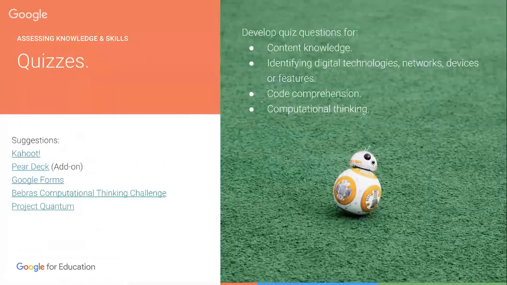So another way to assess students' content knowledge could be to use quizzes. So you could use quizzes for exploring how students can identify digital technologies, networks, devices, or features. You could use it to evaluate their understanding and code comprehension, or even their computational thinking processes. So we've got some suggestions there on the left